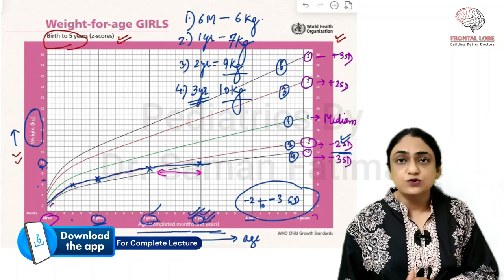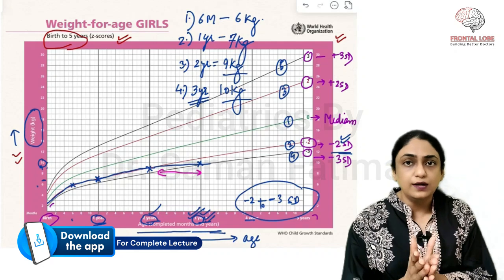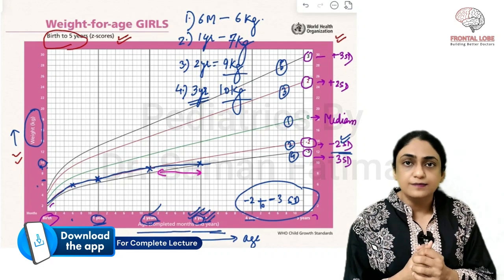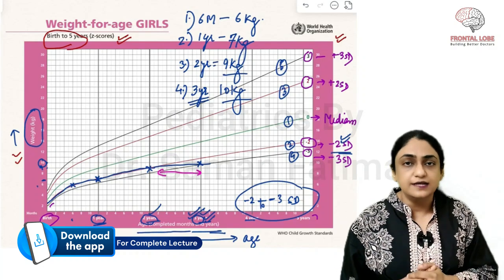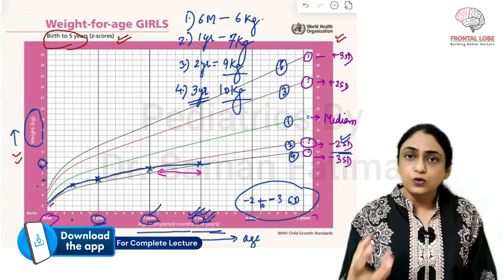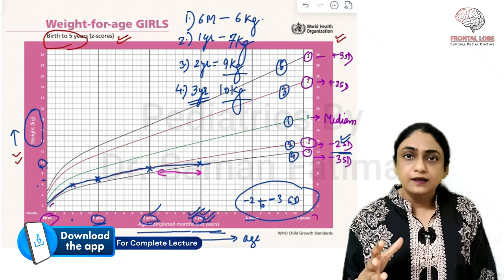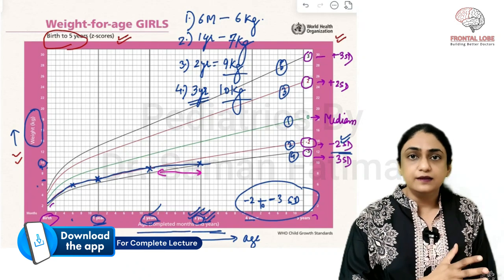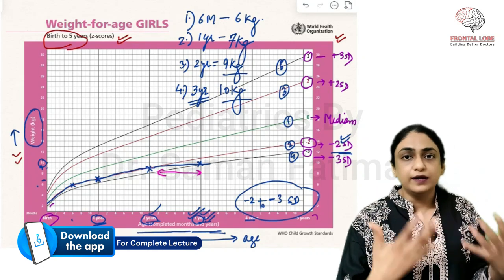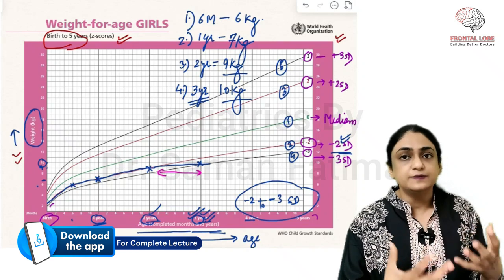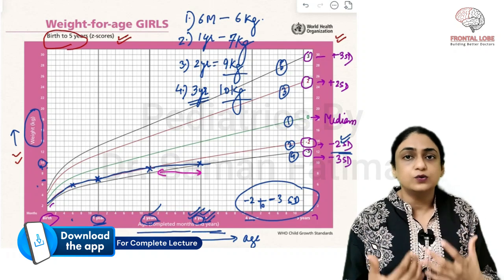So this is the importance of the growth chart. You can depict whether the child is growing normally or not, and if at any point the child becomes sick or some other incident occurs in the child's life, the child may lose the same growth velocity. So you can tell the mother that this child needs rehabilitation. You will advise her accordingly that the weight is not as per expected and she needs some rehabilitation. So this is the importance of plotting on the growth chart.